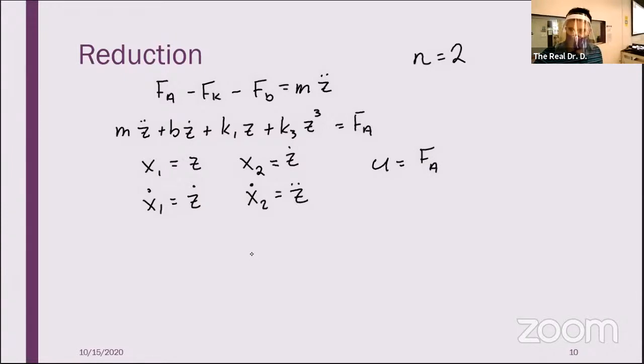Right, so what is the point here? Well, we're trying to make a series of coupled